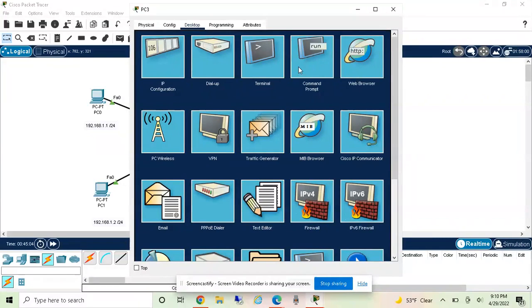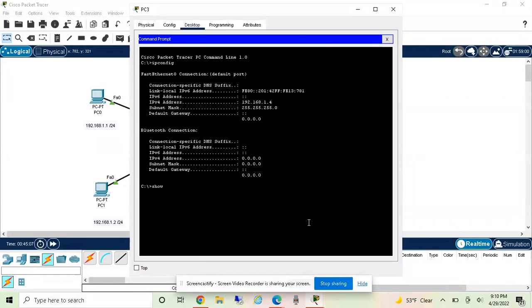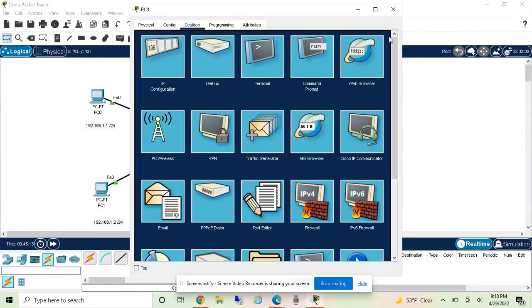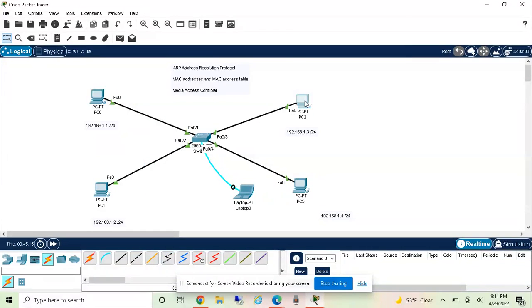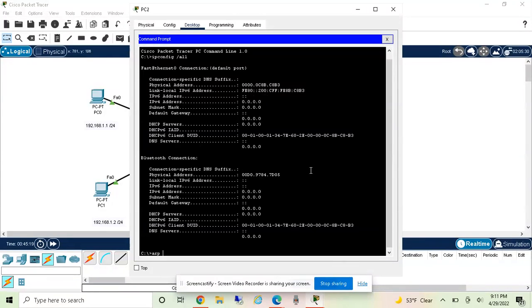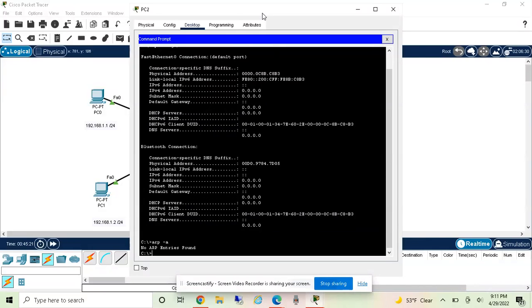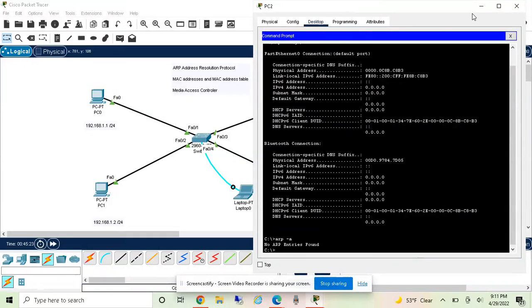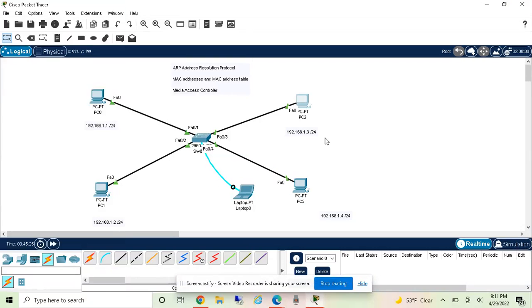Click real-time. Okay, but what about these? Do they know anything? Left click. Go to command prompt. ARP -a. No ARP entries found. Let's go to PC2. Command prompt. ARP -a. No ARP entries found. So if these two devices, PC2 and PC3, want to start communicating with any one of these, they